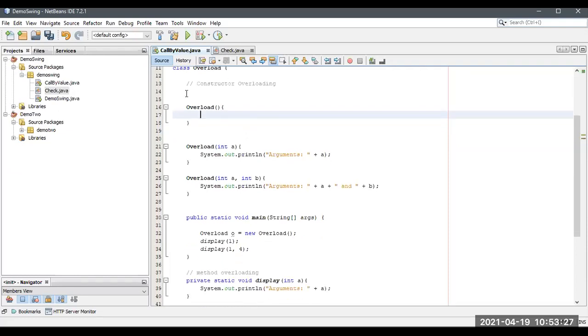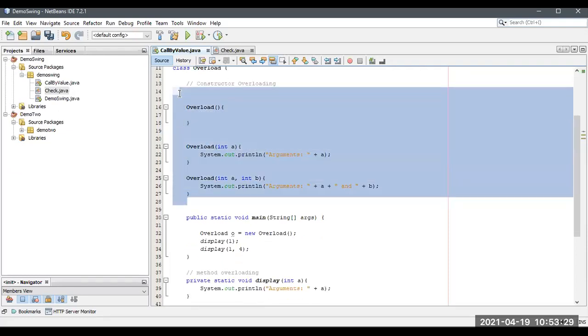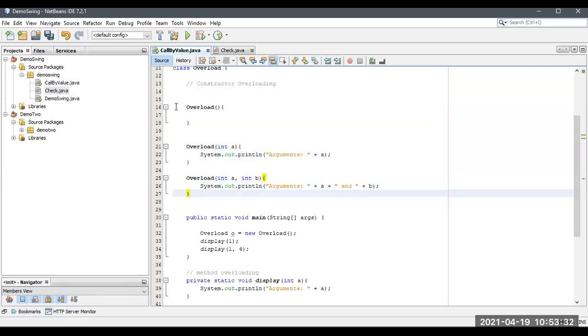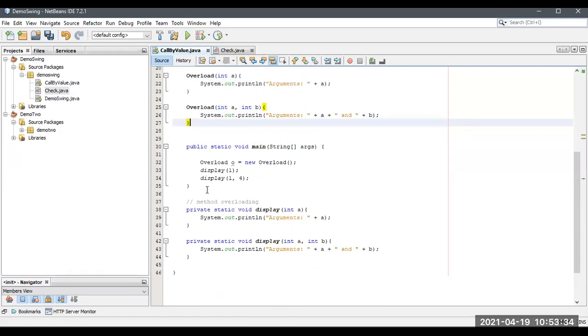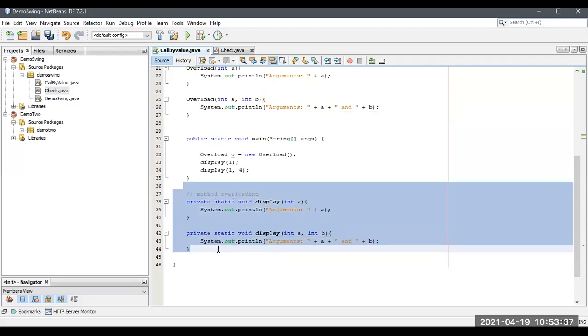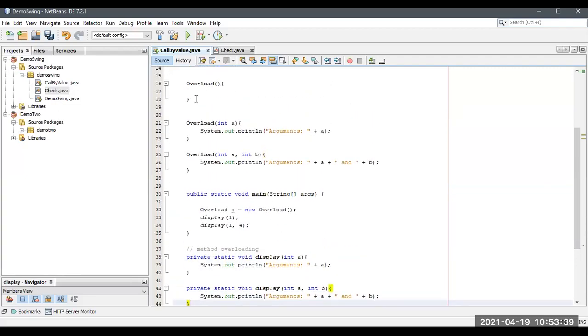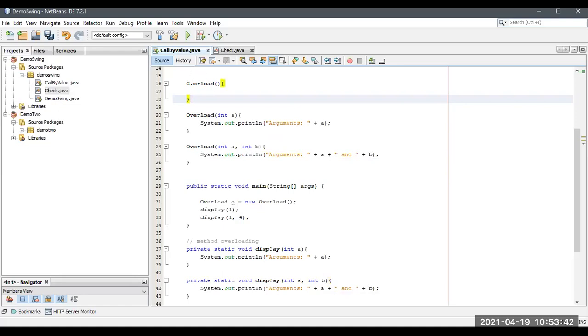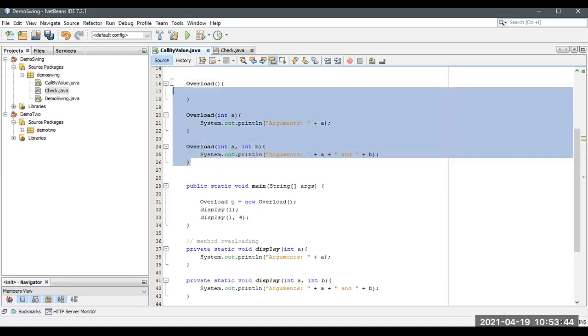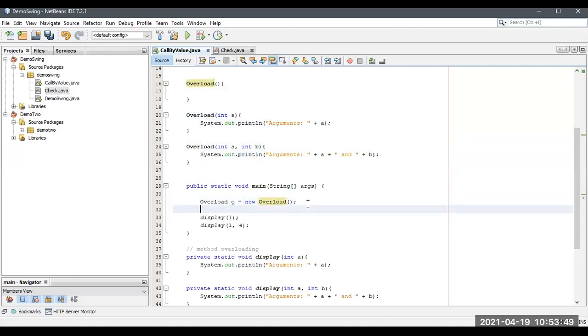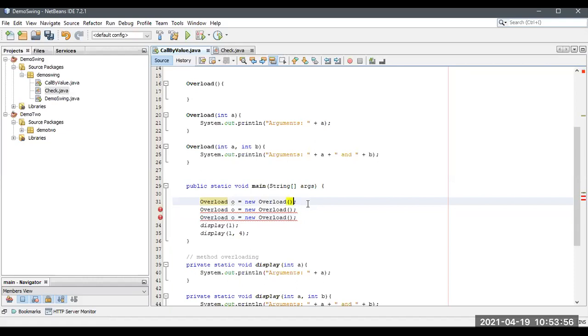So this is called constructor overloading. All these constructors are overloaded. The similar concept applies with methods also. Now we have three overloaded constructors. Let me call these constructors by creating three more objects, and I'm going to change the name because o is already available.